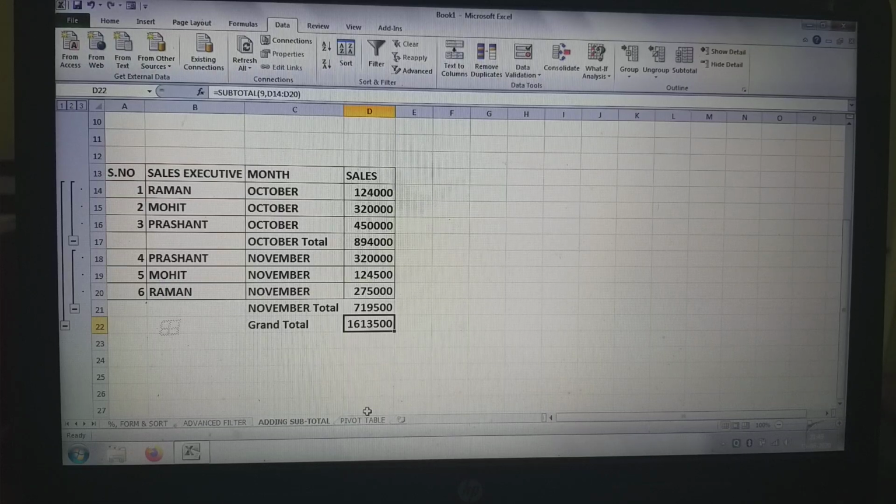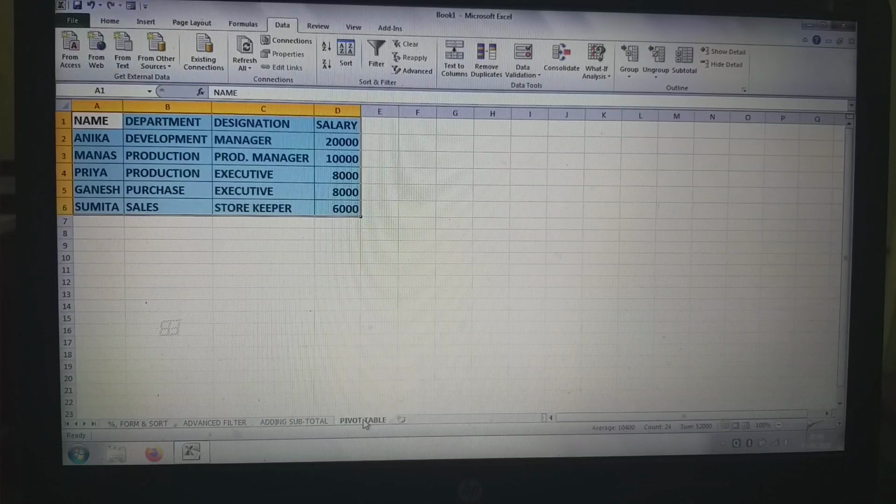Now see, click on the next sheet. How to analyze a pivot table in a database. A pivot table is a powerful tool to analyze data. Data is already entered. Select the entire data range.